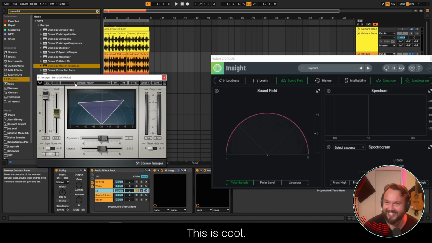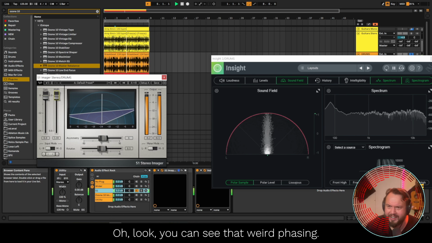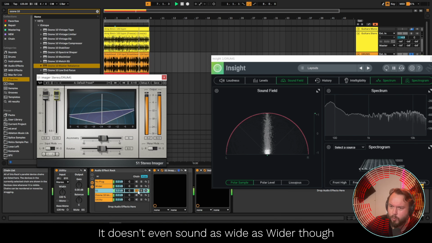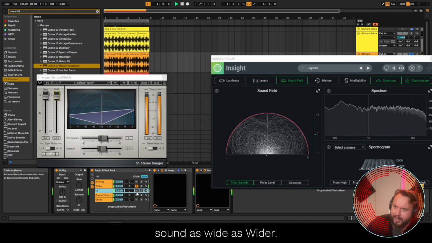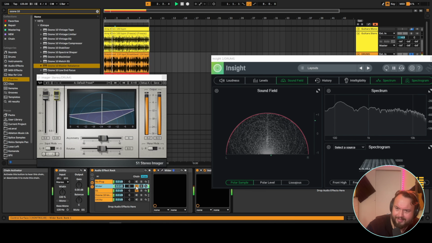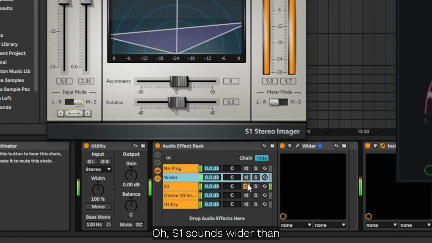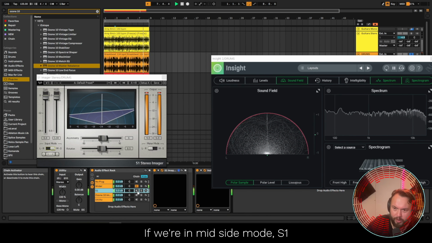We're discovering things here. Are you digging this? I'm digging this. This is cool. Oh, look, you can see that weird phasing. It doesn't even sound as wide as Wider though. S1 does not sound as wide as Wider. What's going on there? Now, what if we turn on mid-side mode? Oh, S1 sounds wider than Wider. Look at that. If we're in mid-side mode,